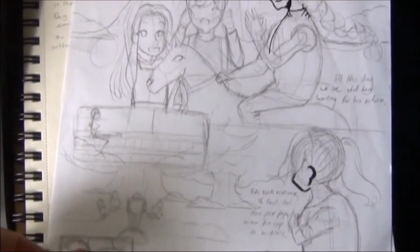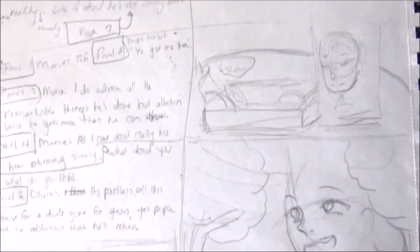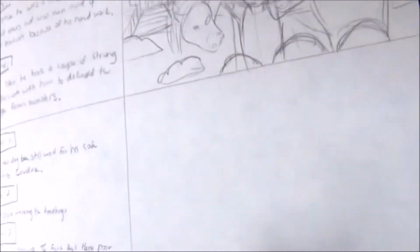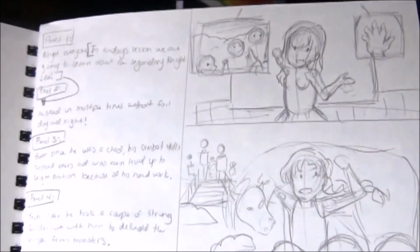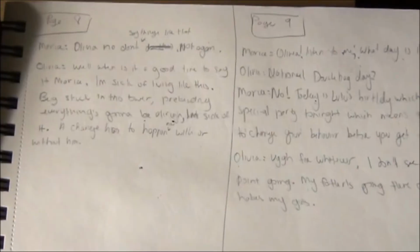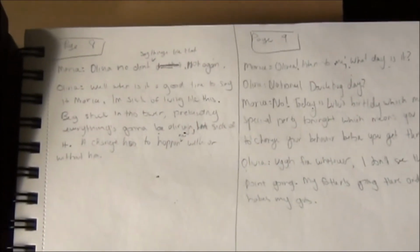So when it comes to the whole thumbnail thing, I sometimes either just draw the page out or I just write the script first. It's all in my head, honestly, and I just write down what happens next, and sometimes I change it because it either makes sense or it doesn't. I try to make the whole thing make sense regarding grammar and all that stuff, because sometimes I know what I want, but when I write it down it doesn't make sense at all, so people will read my comic and be like, wait, what's happening, what? So yeah, that's what happened with my first